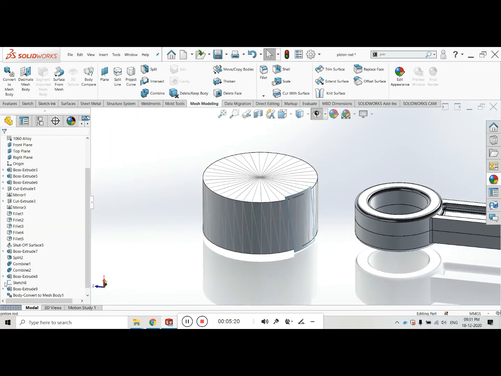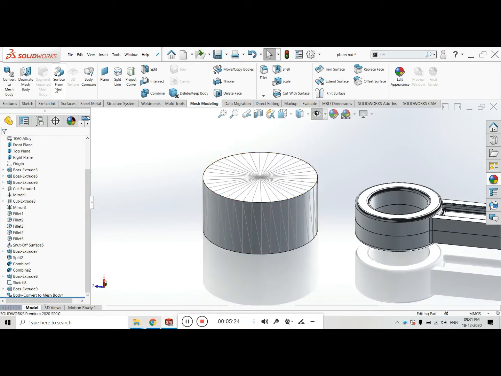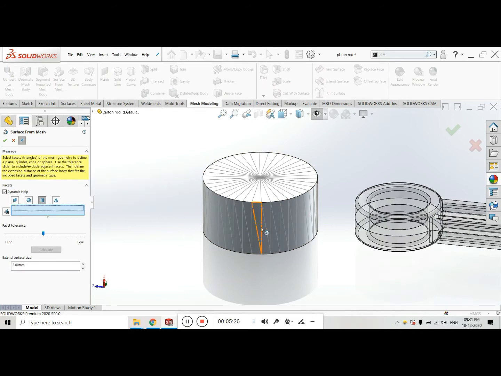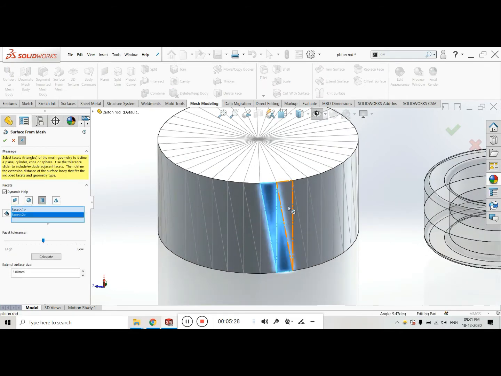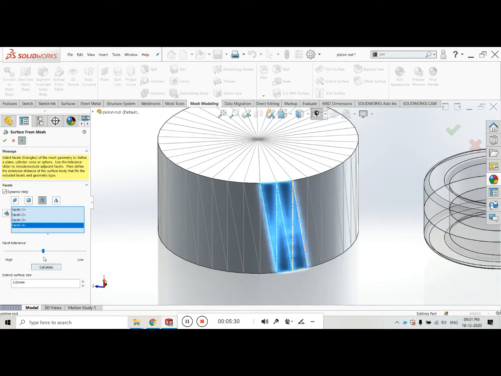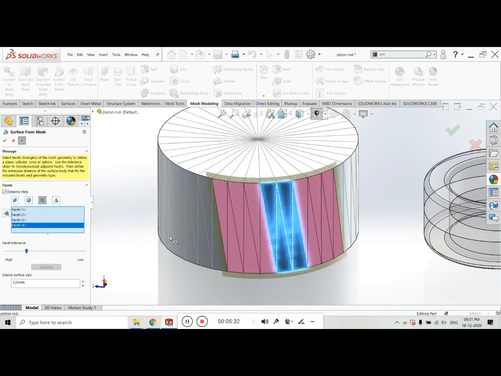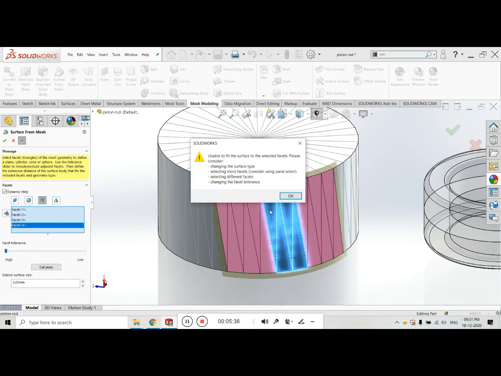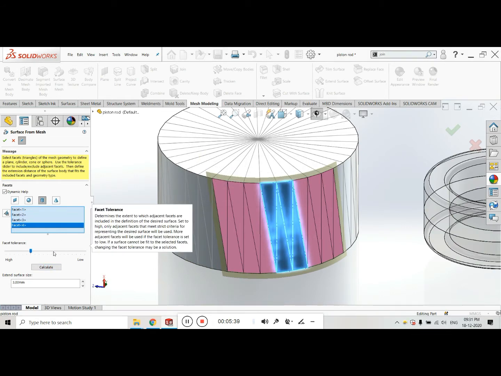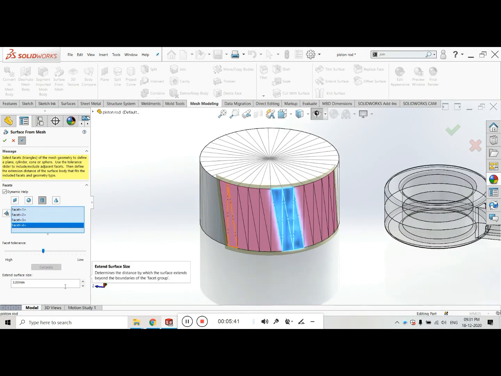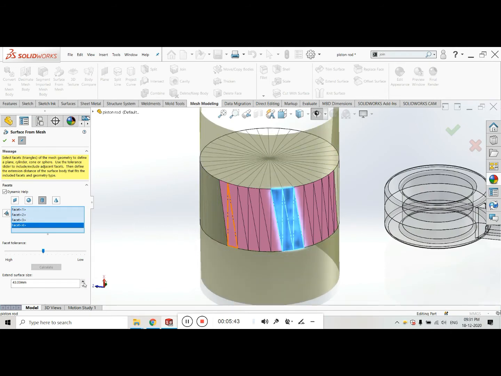I will uncheck it all and go to surface from mesh. I am deleting and reselecting the surface from mesh. Select the mesh elements and click on calculate. It will automatically calculate each one, and if I click on high, it will show an error like this.